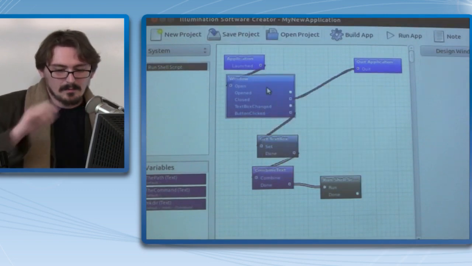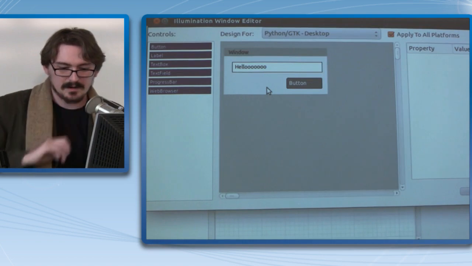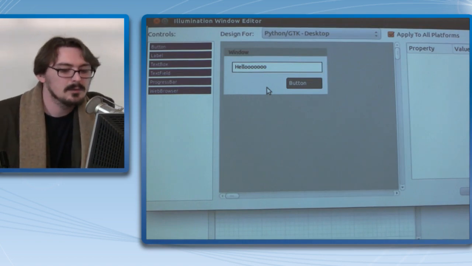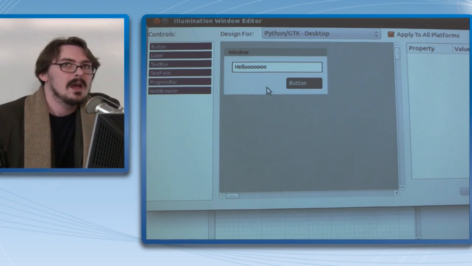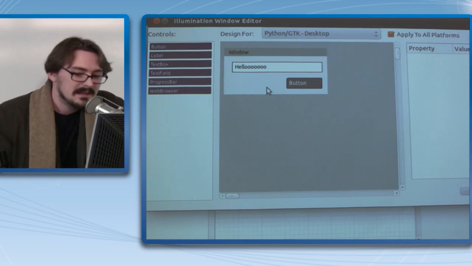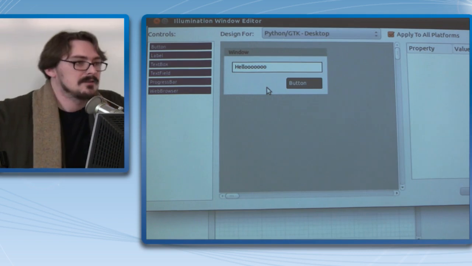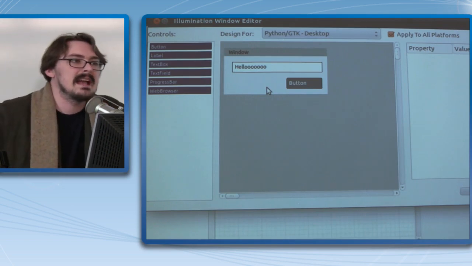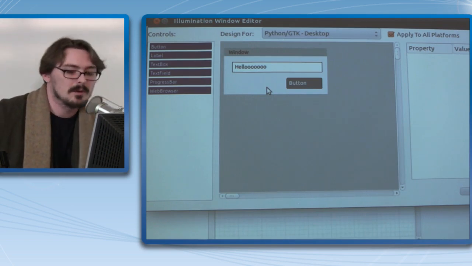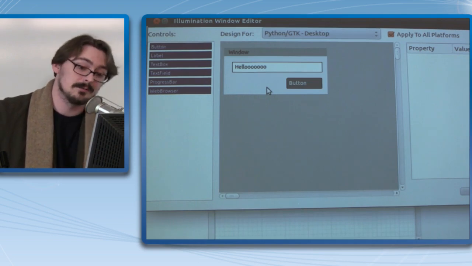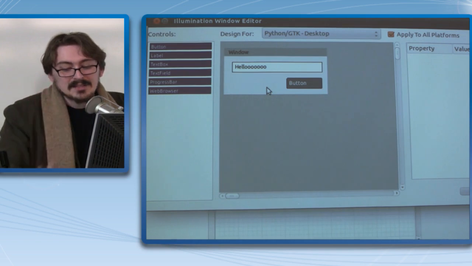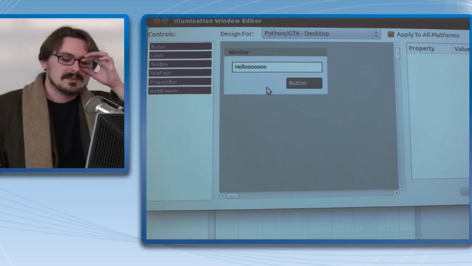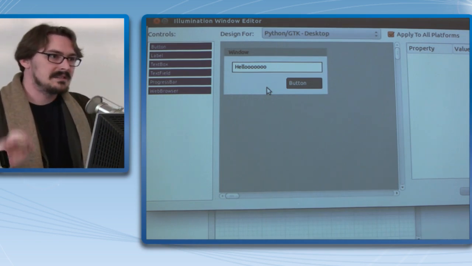Now, one other thing I kind of want to touch on before I go a little bit further is in the UI editor. If you think about it for a minute, if you're building an application, let's just say we're building this same application for all the platforms. We want this on Android and iPhone and everything, even though, of course, Apple's not going to let you run shell scripts on an iPhone because they're jerks. But assuming you wanted this on all platforms, the UI is going to have to be different on all of them,